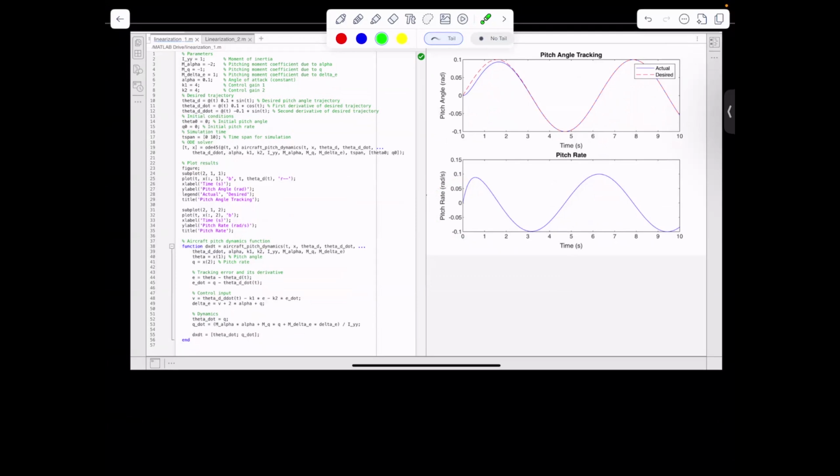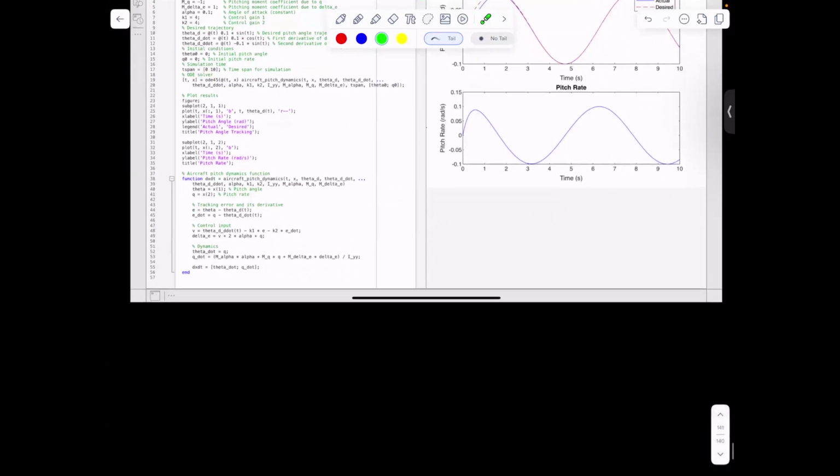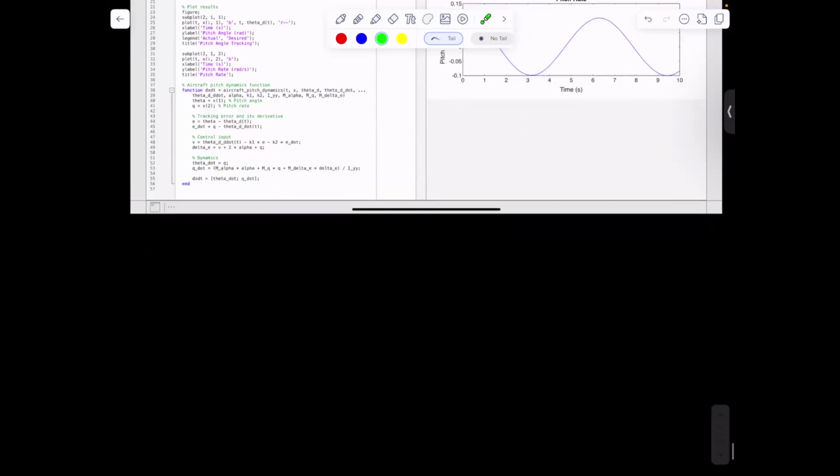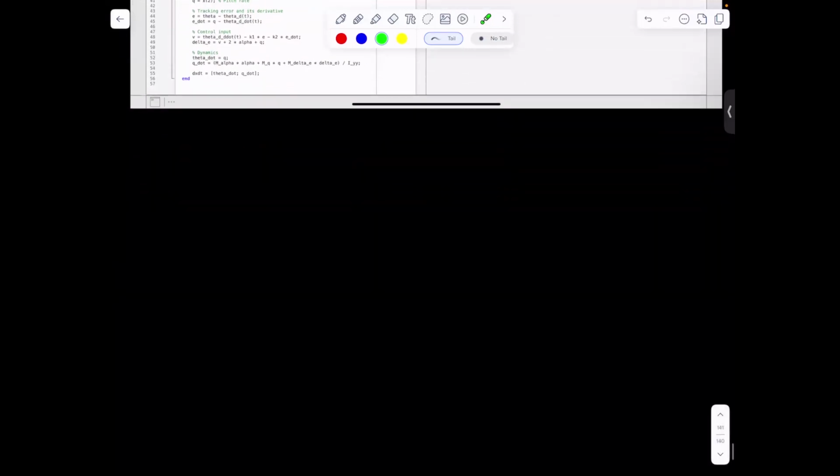If you have another example on an aircraft system, you can follow the same steps to design the control. Now we'll go to another example, for the lateral motion dynamics of the aircraft. So first, let us define the example we are going to solve. So this is the lateral motion dynamics problem example.